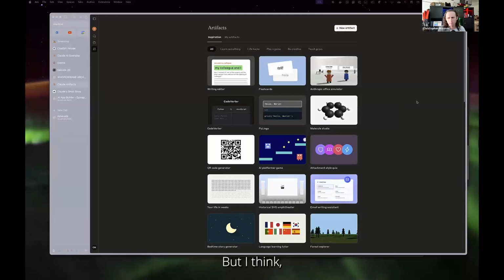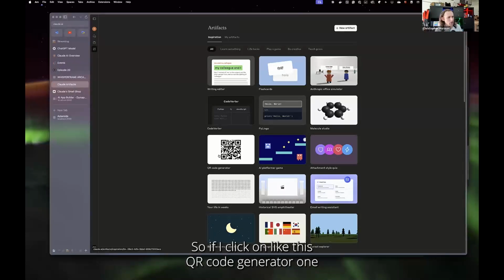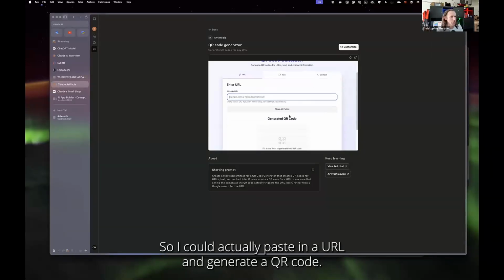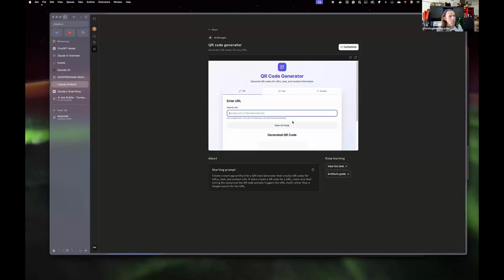But I think one of the interesting things about what Anthropic did here is they didn't just give you an app. So if I click on this QR code generator one, it's running right here. So I could actually paste in a URL and generate a QR code.